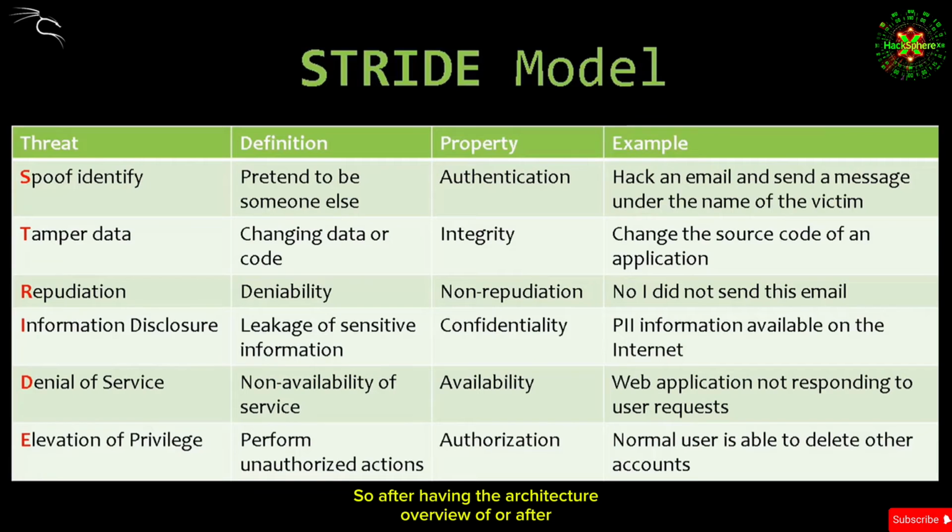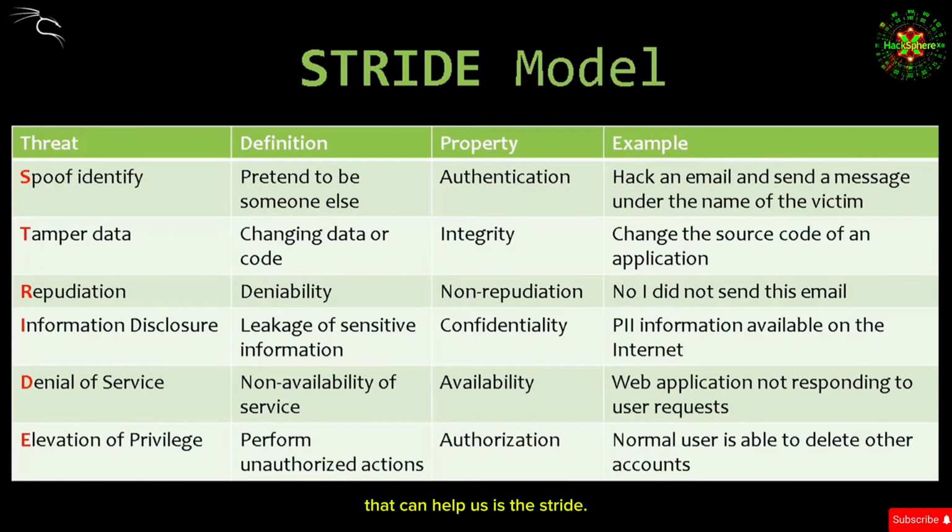After having the architecture overview, or after simplifying our process or system and projecting it on a diagram, we start thinking about what can go wrong. How does this web application or mobile application workflow go? Do I care about what can go wrong with this application, for example? Does it have financial information? How about where the data is stored, etc. So we spend much of our time analyzing each of the steps in our architectural overview,